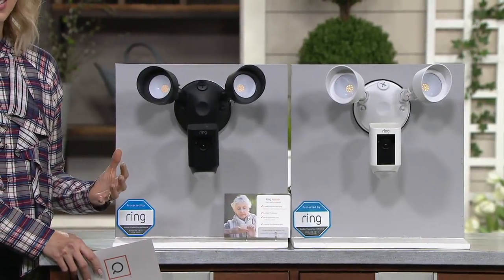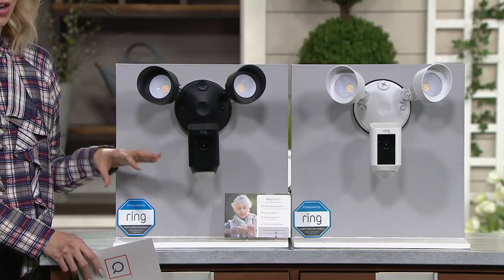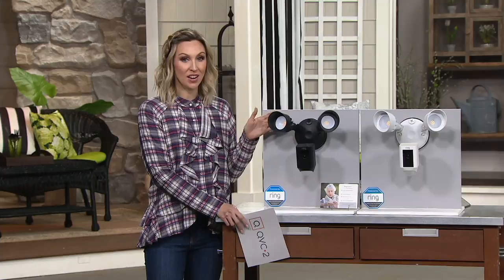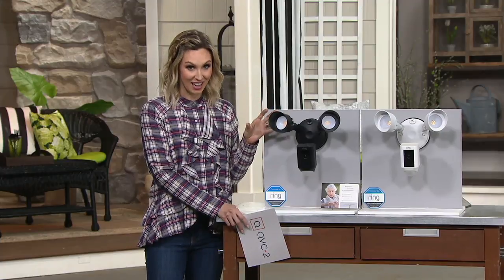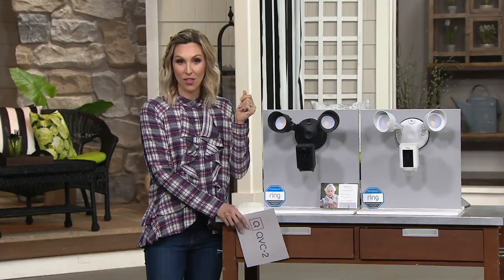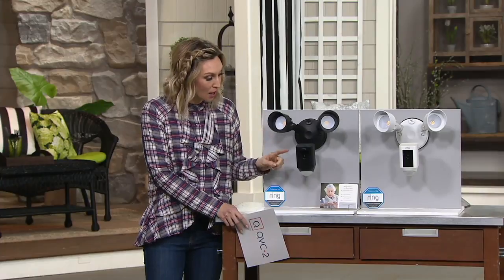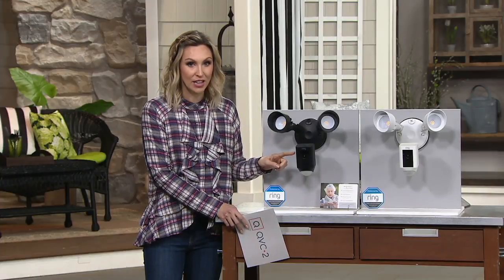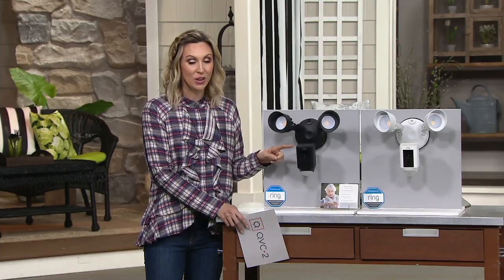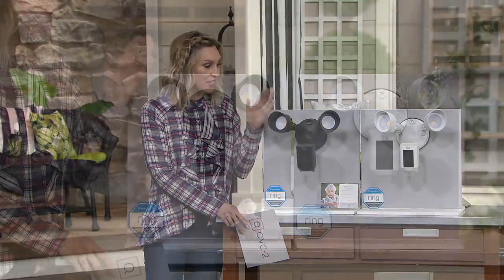And the whole conception of having that 24/7 surveillance on your phone started with the doorbell. If you know it and you love it, well, we brought it in a Ring Floodlight. So when you want really bright light that turns on when someone that shouldn't be in your yard is there, you've got that security that comes on, but now the surveillance video in HD with the camera that's hooked up to your floodlight. We're going to tell you about everything that you need to know, explain Ring, explain the idea